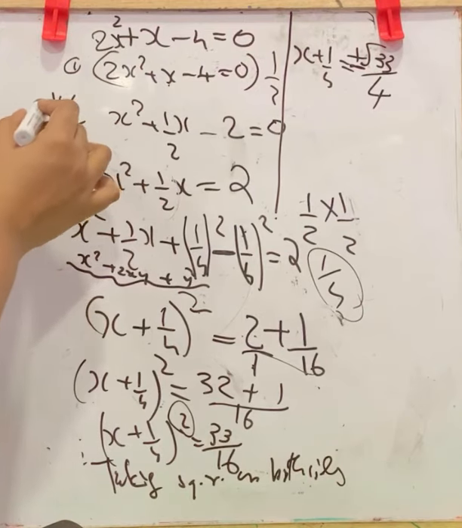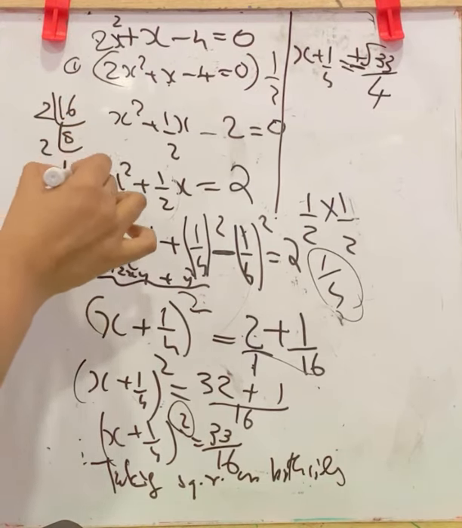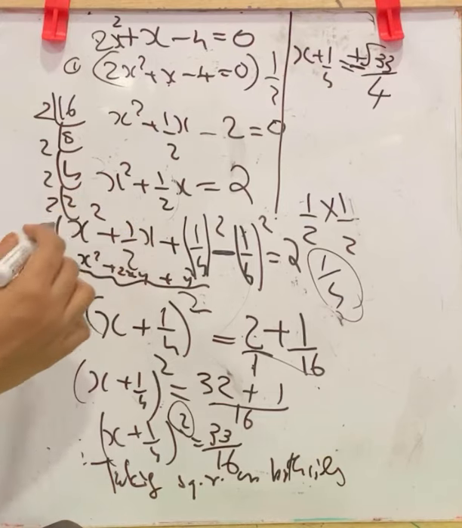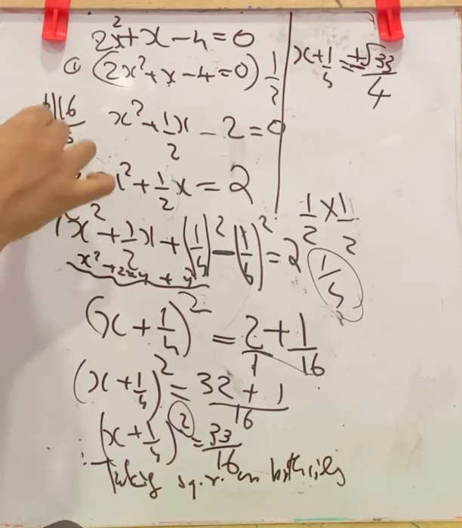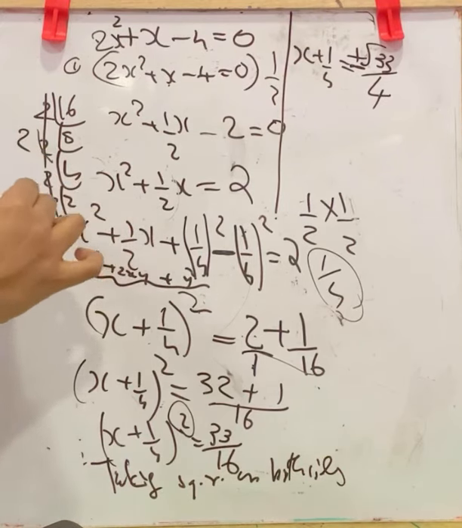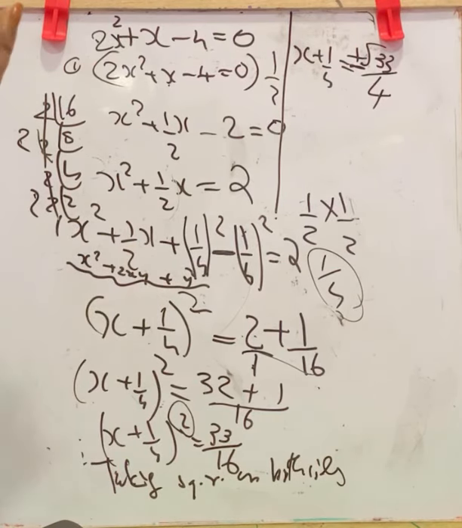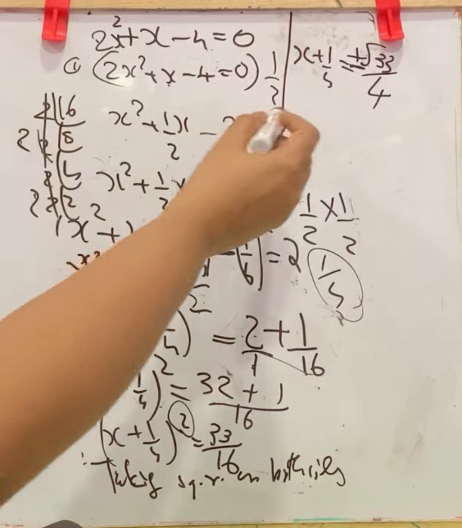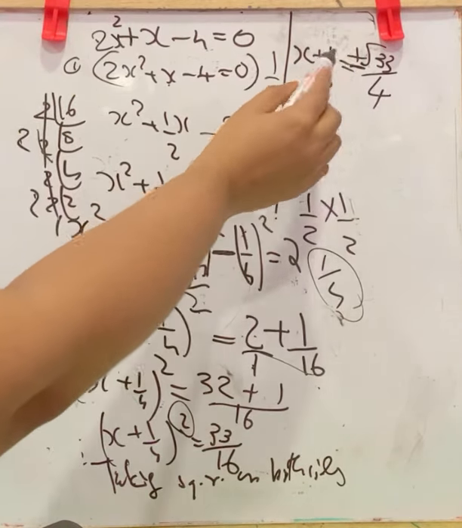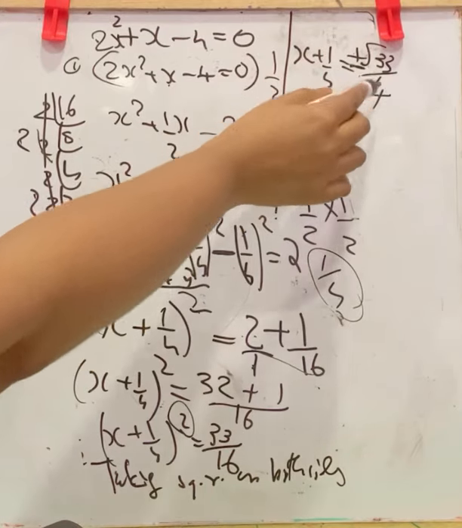16 square root, what is it? 2, 2, 2, 2, 2, 1. For finding the square root, pair it, take 1. Pair it, take 1. 2 twos are 4. That is what we got. 33 is not a perfect square number, so the square root of it is root 33 itself. Keep it there. Now the value of x: here we have plus or minus root 33 by 4.